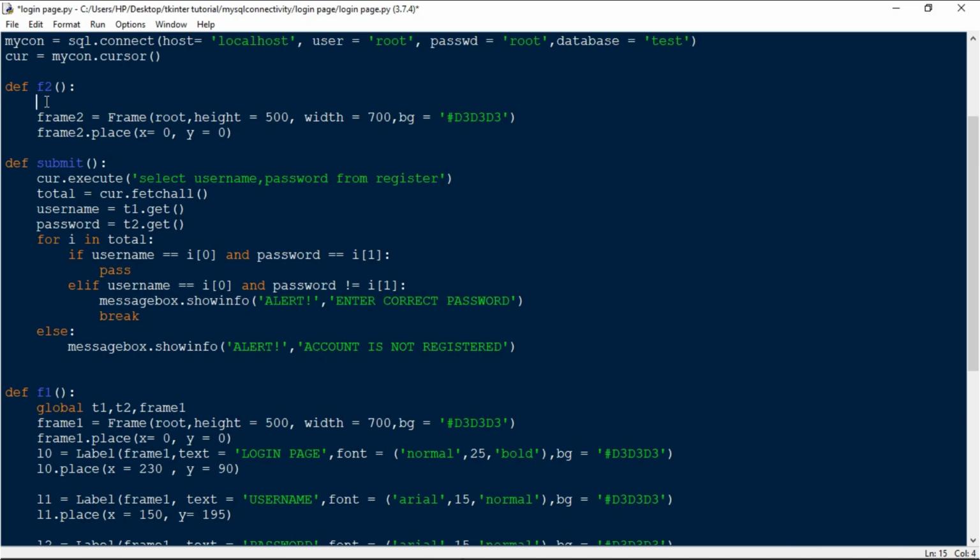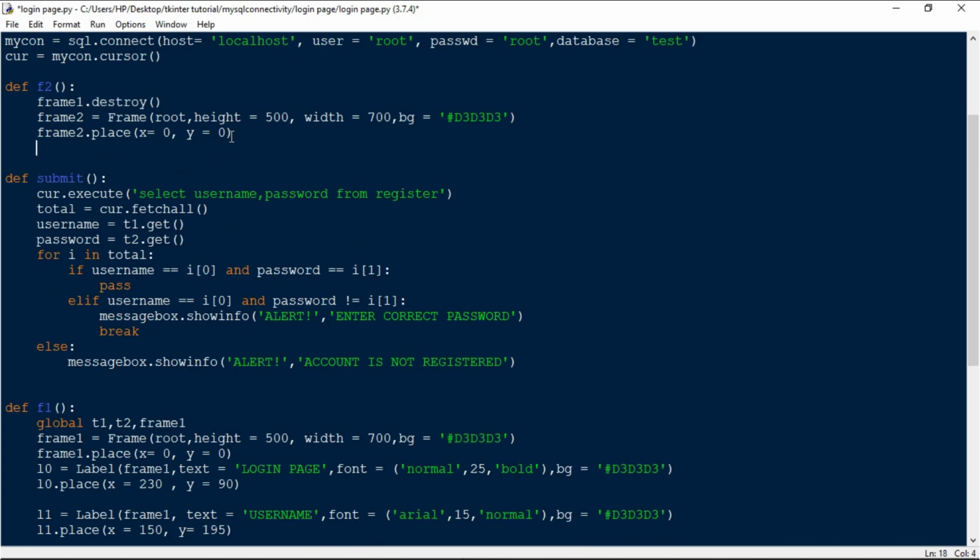So frame1.destroy. This statement will delete the frame and also the contents inside the frame, and a new frame will be created and placed at the coordinates x equals 0 and y equals 0.